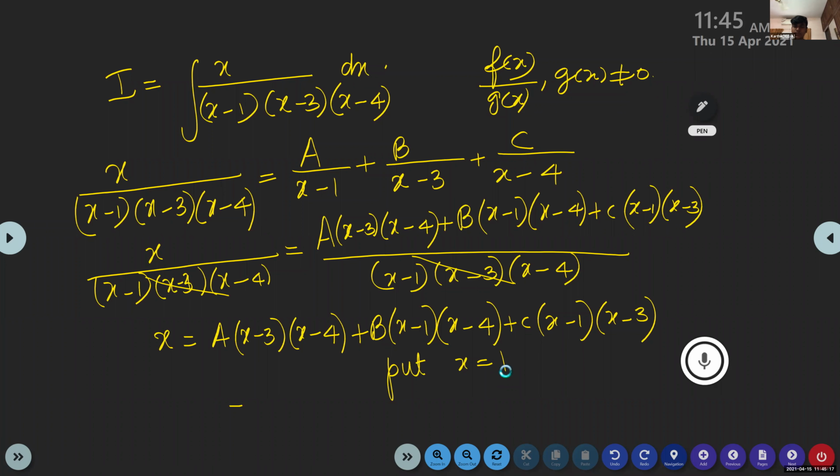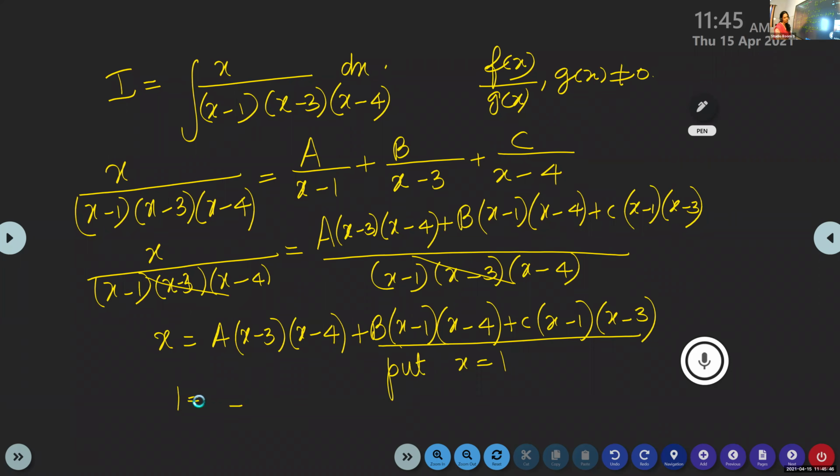Very good. Okay, is it clear, children? X minus 1 is the common factor. It is present in both the terms. So you put x is equal to 1. Suppose I put x is equal to 4, then a will get cancelled. So we assign the value of x as 1 because x minus 1 is the common factor in these two terms. So when you put x as 1, what about LHS?